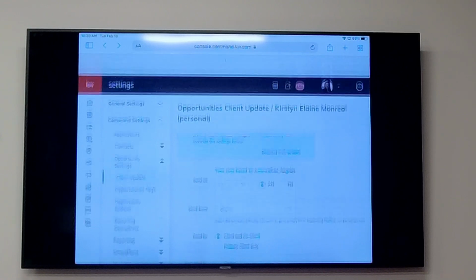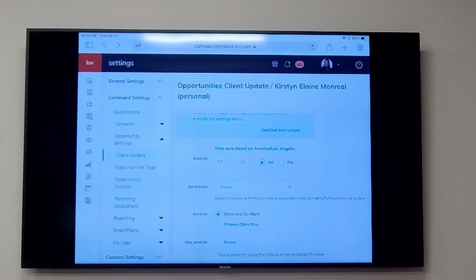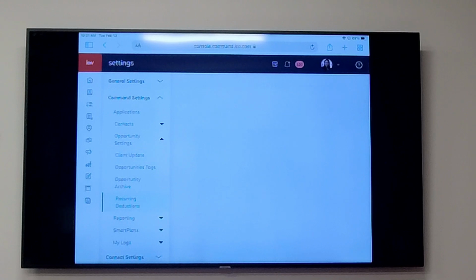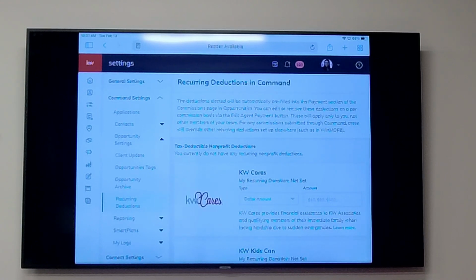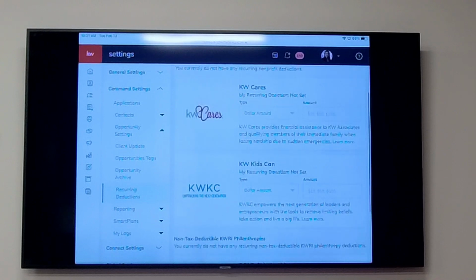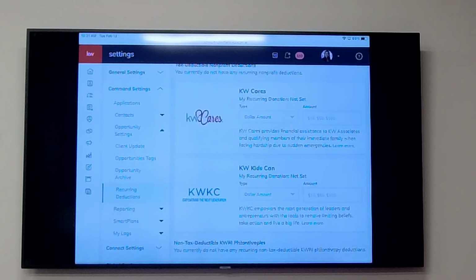Before we leave this area, I'm going to touch on something we're going to see a little bit down the line too. There's a tab here that says recurring deductions under the opportunity settings. I'm not sure how many people have noticed, but Command did an update where they added recurring deductions. Now when you go to submit your opportunity, it pops up a little window asking if you want to donate. It's already clicked on like $10 and you get to choose or